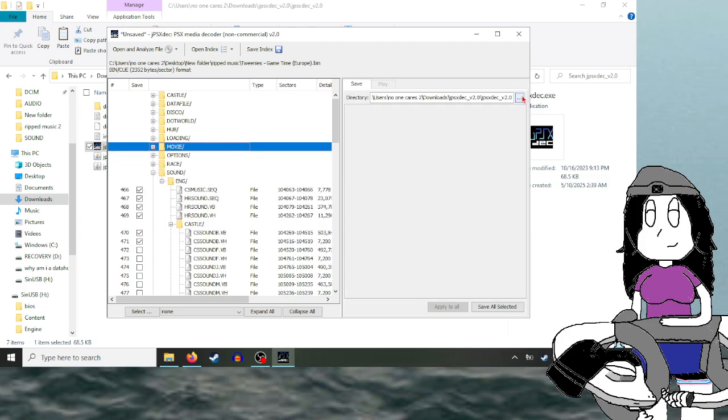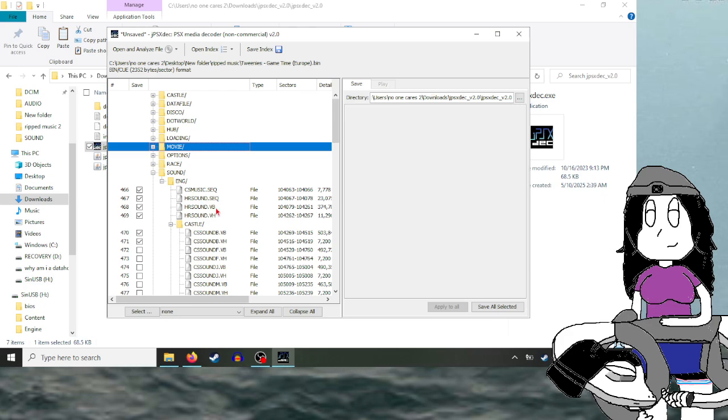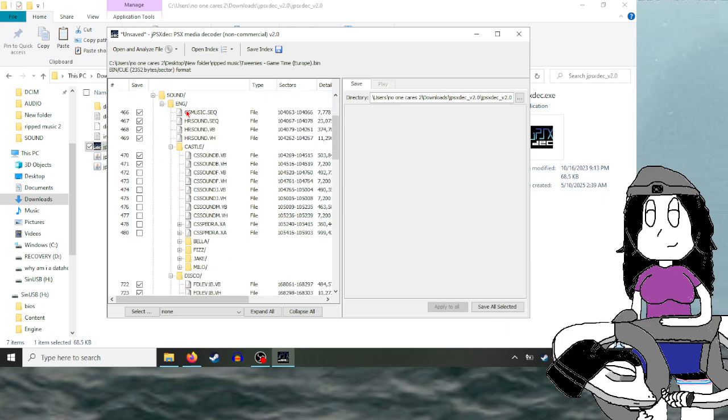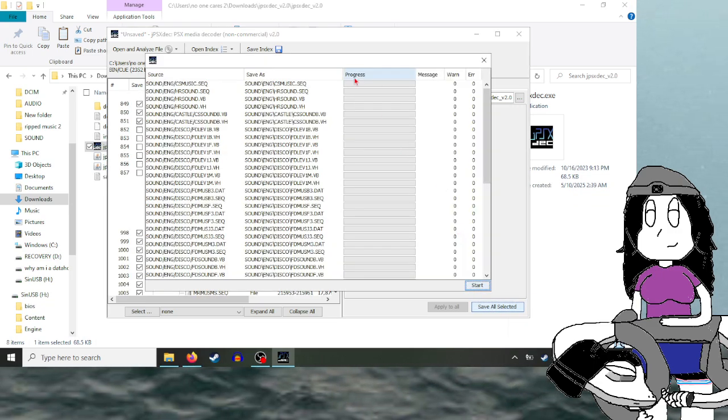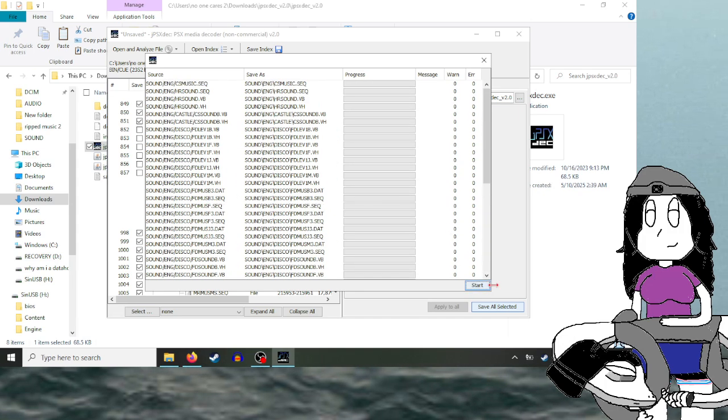But once you've done all that, click this to change the directory. I'm not going to, because I think that directory is fine. So once you have everything selected, click Save All Selected, and you'll have a bunch of files. Now click Start,